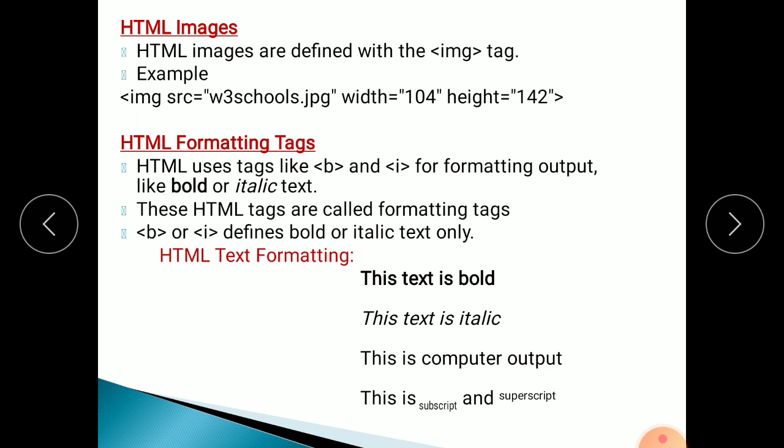Then I is for italic. If you want the message you have written in italic, meaning slanted, use the I tag, and the message comes in italic format. These HTML tags for formatting output like bold or italic text are called formatting tags. B is for bold and I is for italic. HTML text formatting. See here, if you write